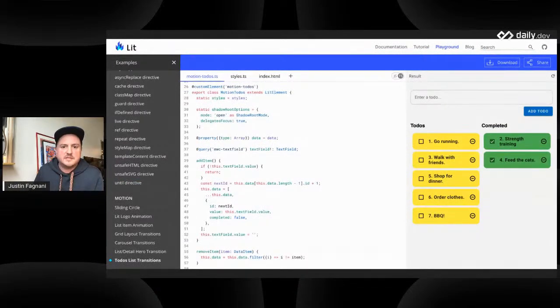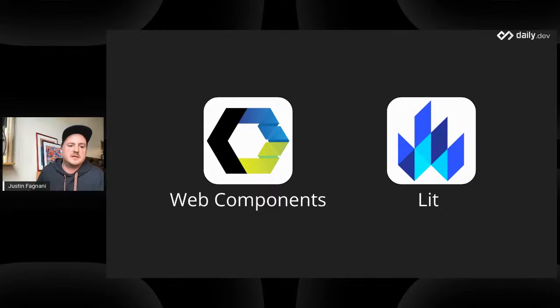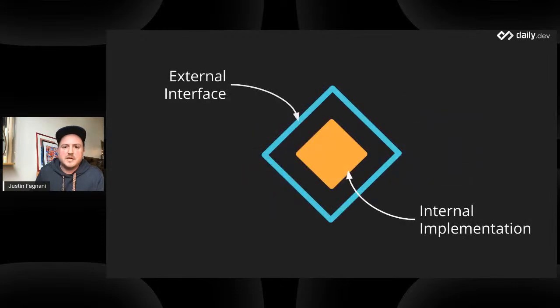Okay, so that basically brings me to the end. This is a very quick overview, but I hope you got a flavor or a taste of what Web Components and Lit have to offer and how the ecosystem is doing there. And I wanted to bring up this slide again, because I think this is a very important thing to remember